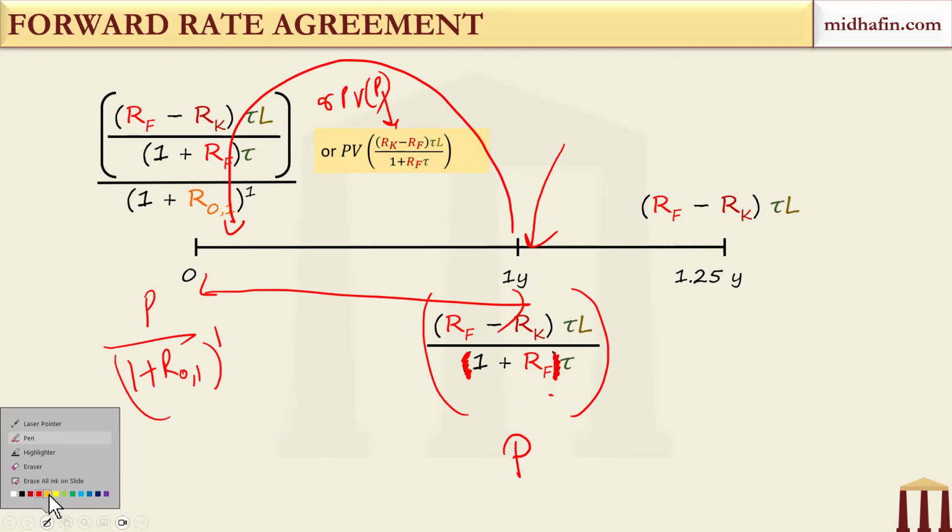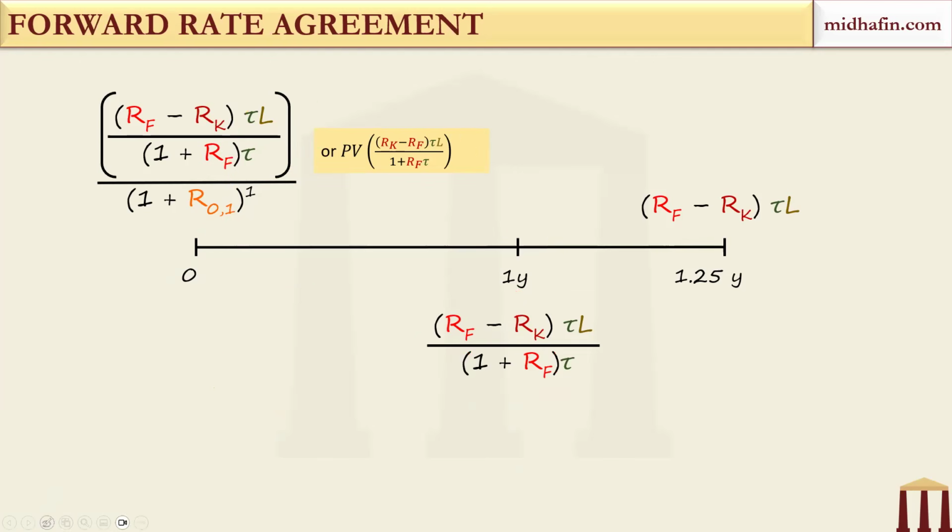So between 0 and 1, which is the interest rate which is applicable? Between 0 and 1, what is the interest rate that is applicable? The spot rate. This interest rate, agreed or not? So you have to be very careful when you choose the interest rates, because this is a part which confuses many candidates. It is just about choosing the correct interest rates